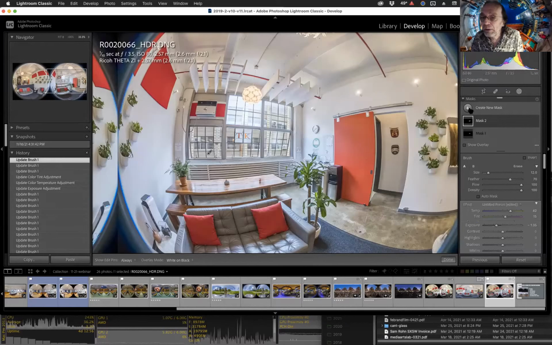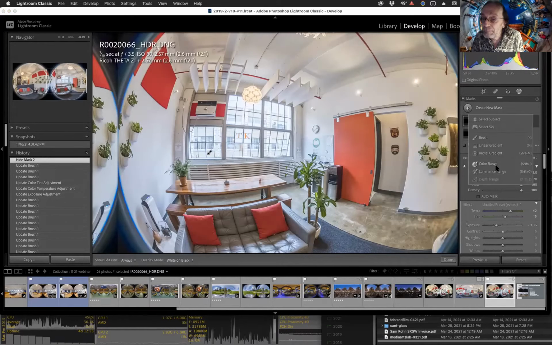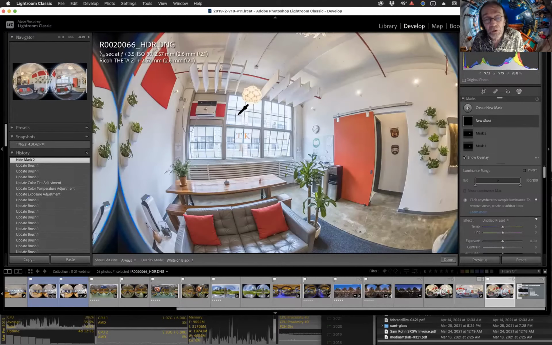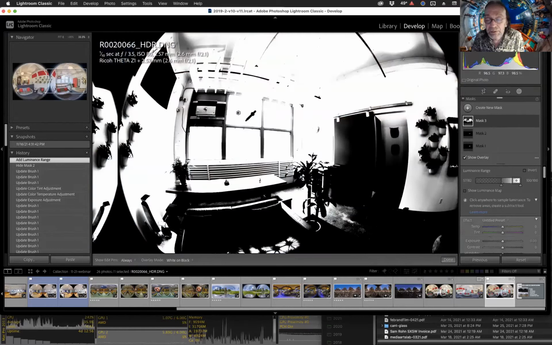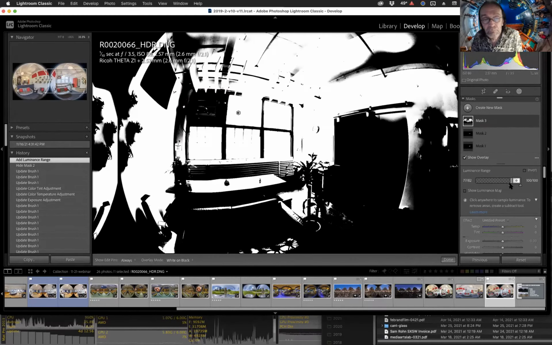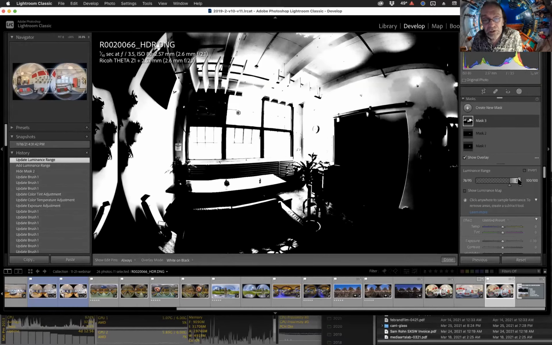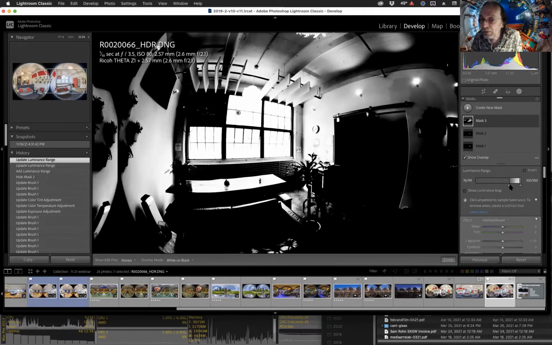So real quickly, let's go over the other tools, right? We're going to hide that mask also. We also have tools like a luminance range. You could also try a luminance range tool to select an area. And that doesn't work very well here. So don't do that. Luminance range, we can adjust it. And see if we can get it to just take the windows,